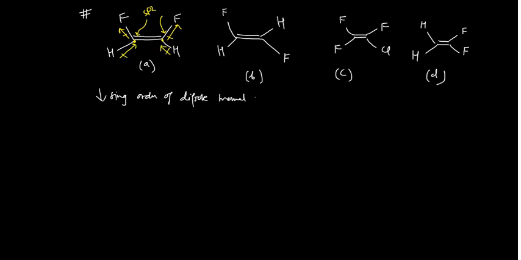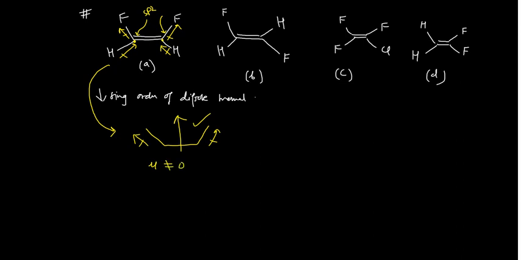So where will the resultant project? The resultant dipole moment, where will it project, right? Whenever you have such a situation, one bond moment is projecting here, another bond moment is projecting here, so the resultant would be in that direction. So it will have a certain dipole moment. I am not saying that it has the highest dipole moment, but definitely it will have mu not equal to 0.